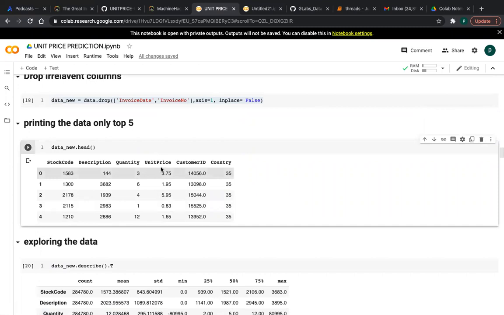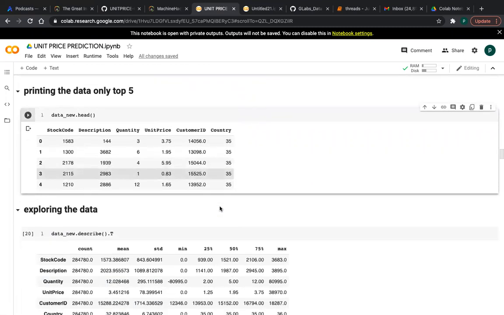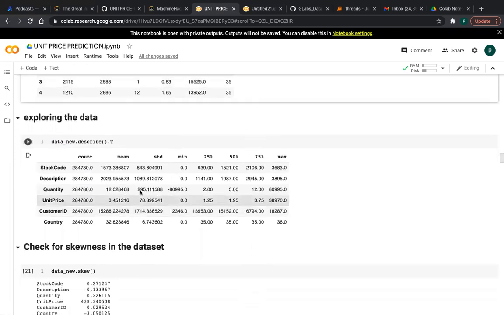You can see. After that I am starting the data analysis part, so I am exploring the data. First, we have to know the descriptive statistics of the data set. So these are the descriptive statistics: count, mean, standard deviation, minimum, 25% quartile, 50% quartile, 75% quartile, and maximum value. We have only 6 features, friends. For all 6 features, the number of observations is the same, along with the mean of each feature.